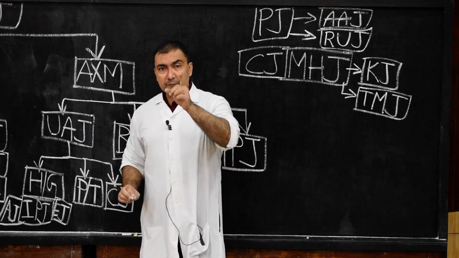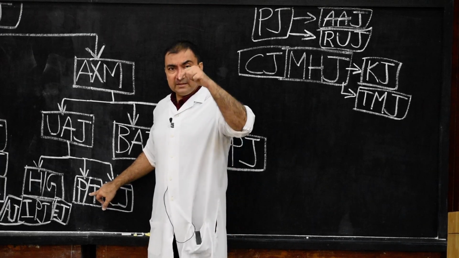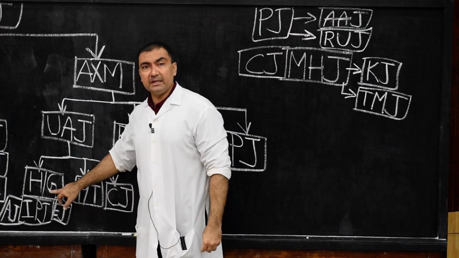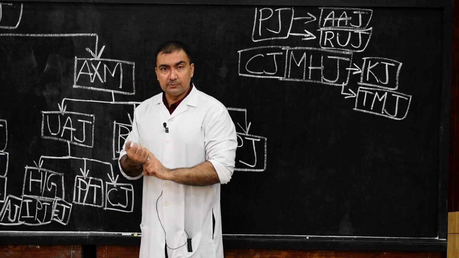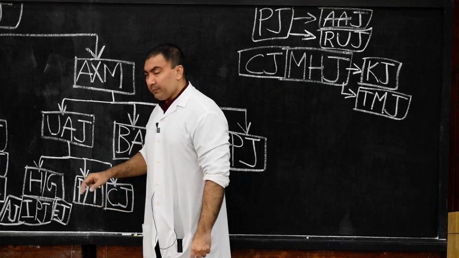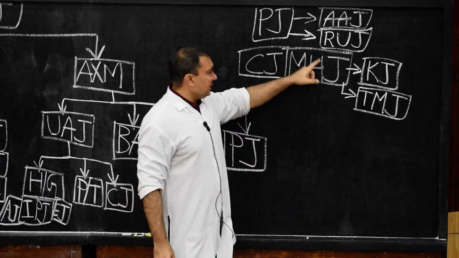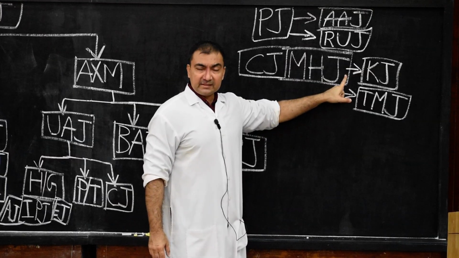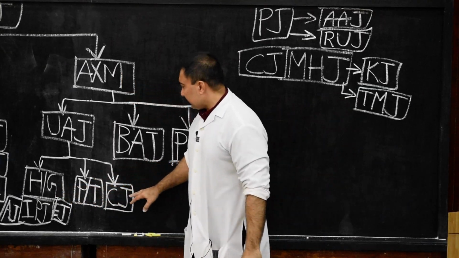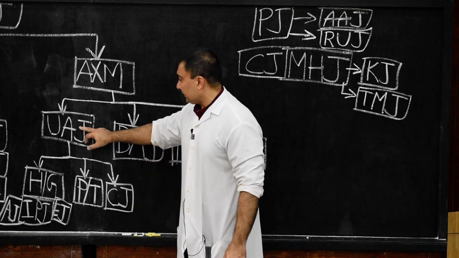Now, before we finish, I forgot to tell you, in pivot joint there is a vertical axis. The movement is around the vertical axis. In hinge variety, which I already discussed with you, the movement is around the transverse axis: flexion, extension. Pivot, vertical axis, rotational movement. And condylar, once again, transverse axis. So these are the three varieties: hinge or ginglymus, pivot or trochoid, and condylar variety, coming under uniaxial joints.